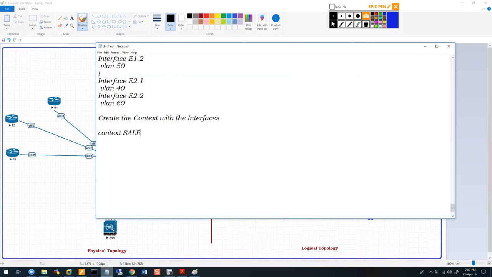So context sales, allocate interface E0, allocate interface E1.1, allocate interface, and then the